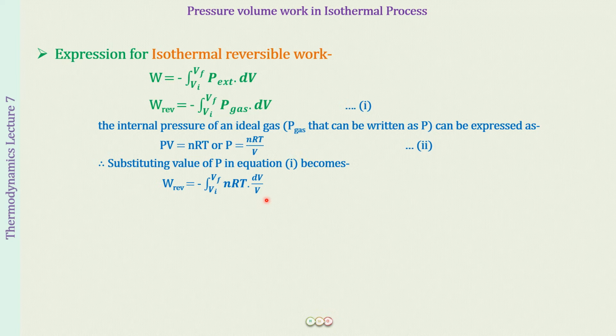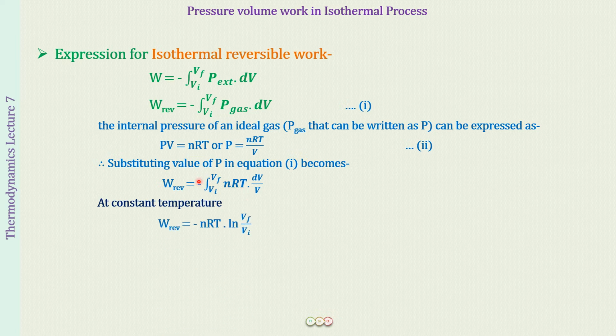Now what we are going to do is consider an isothermal process. Isothermal process means that the temperature is going to be constant. We have taken a gas in a vessel, so we cannot change the amount of the gas. This means that the number of moles of the gas is also constant, and R, the universal gas constant, has a constant value too. So n is constant, R is constant, and T is also constant under isothermal conditions. So we can take the constants out of the integral. Let us do that.